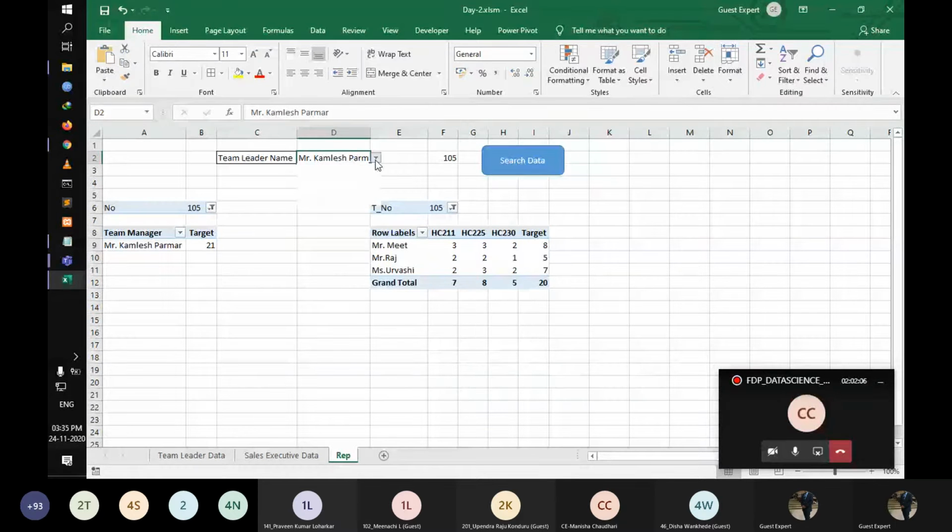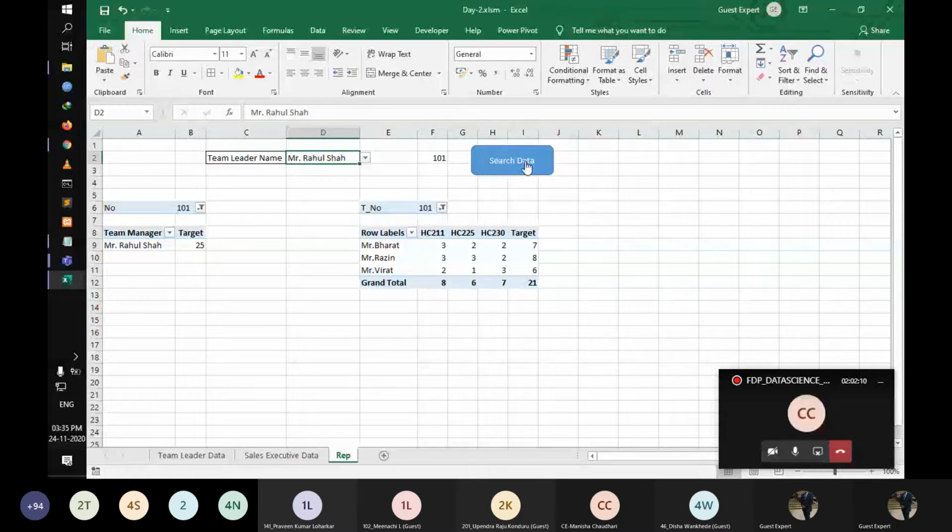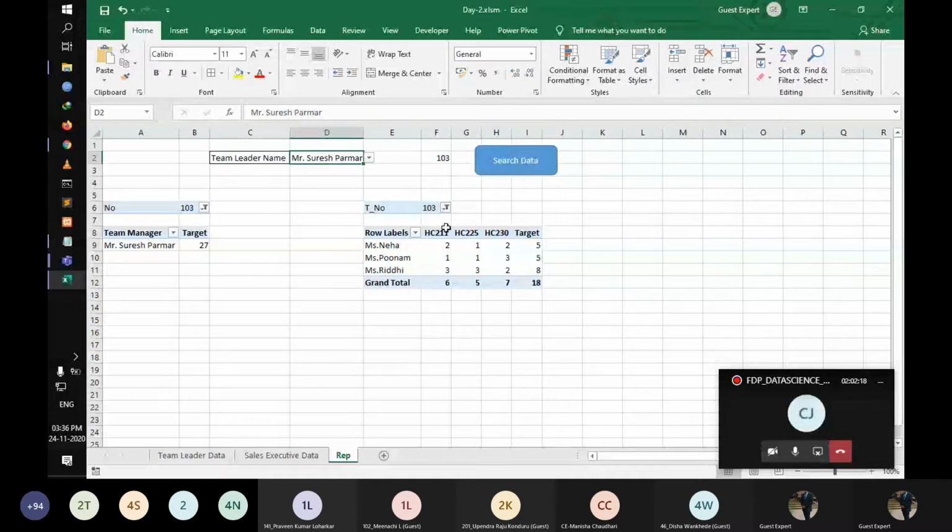So I'm selecting Rahul. I'm selecting data. So they show me the Rahul data and their representatives, Suresh Verma. But one thing, they have to be checking out, and then after what happened if I'm changing the name over here? So that doesn't matter. I have what when this value is going to be changed, and then after I pressing the search, then after they are applying.